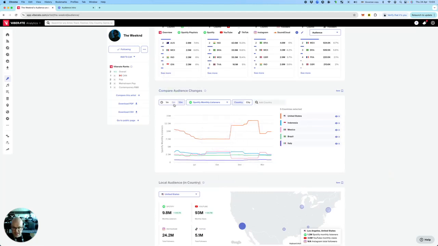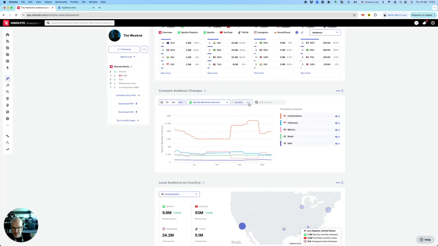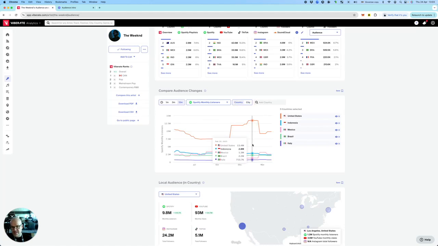You can select the time frames here, or switch between countries and cities here. Why is this important? Because this lets you track the trend of the popularity of the artist. If you're planning a worldwide tour, or your artist is in the middle of a worldwide tour, you can track the effect of that tour city by city by typing in the cities from the tour, or the countries,